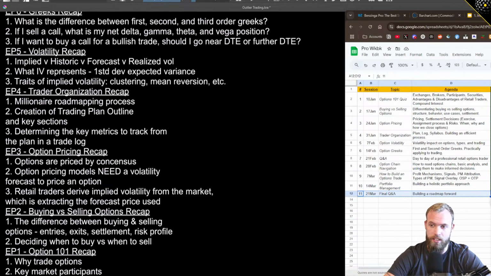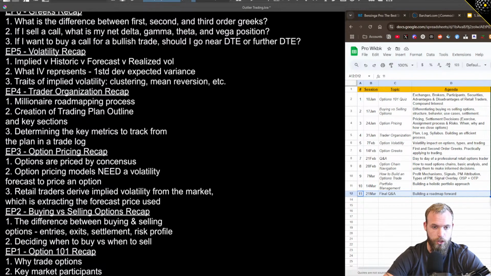And you can structure things to fit a lot of different ideas. You can trade things that you think might go up a little bit, might go up a lot, might go up a lot, but over a longer term time frame. That might go up and then might go down. That might have no stock change, but the volatility changes and so on and so forth. That's one of the beautiful things about options.